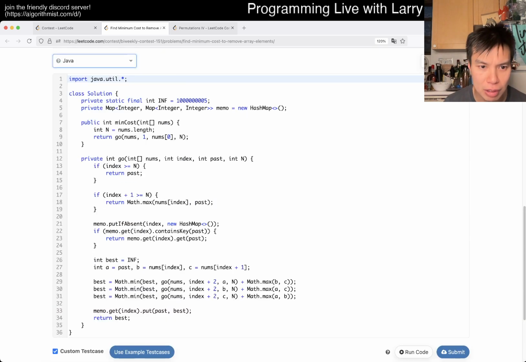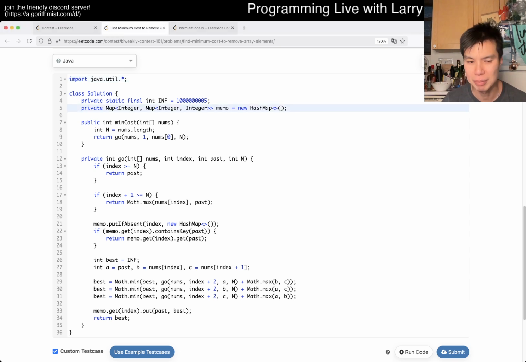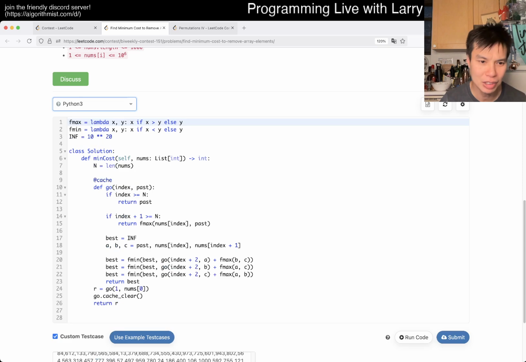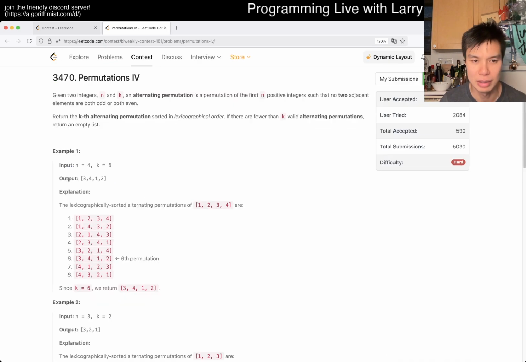Why is the Java so slow though? Maybe I'll have to take a look at this. Oh, I mean, use arrays instead of. No, you can't really use arrays because these are integers. You could keep indexes, but I guess I could do it this different way. But it's still, this should not have memory limit exceeded, so I don't know. Anyway,